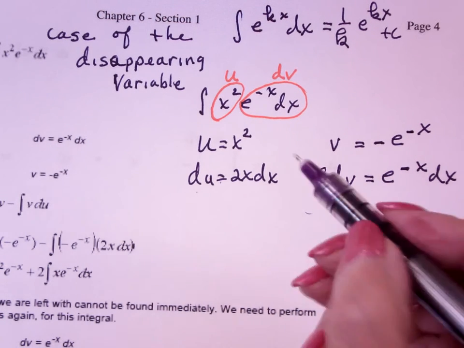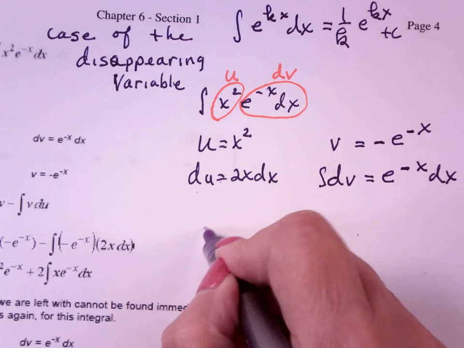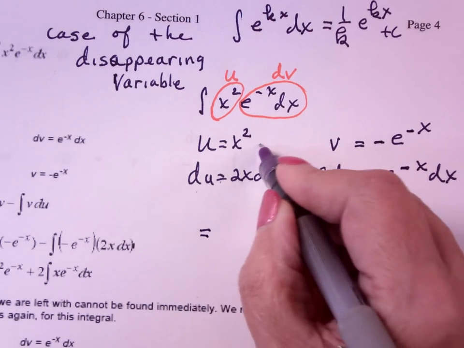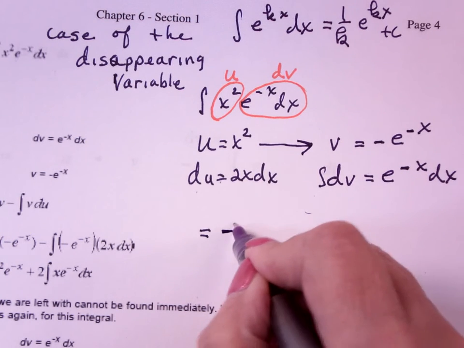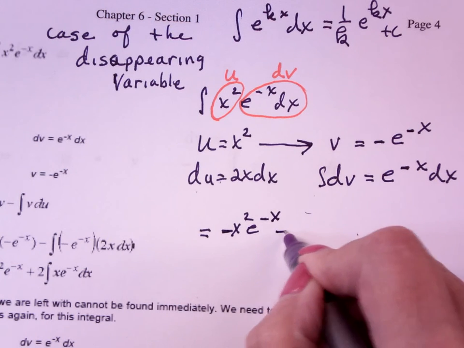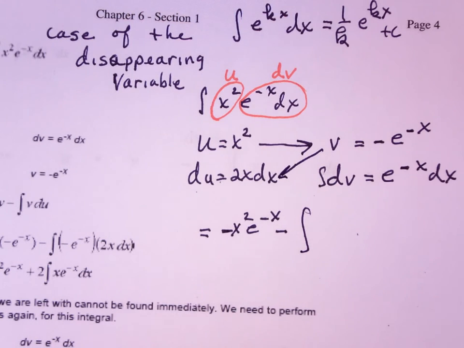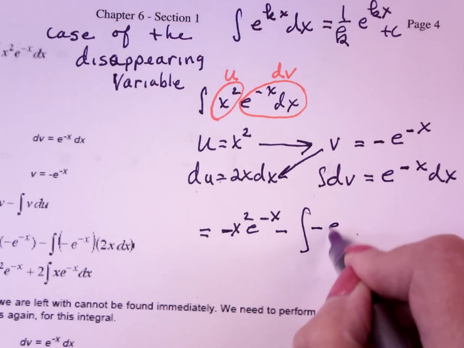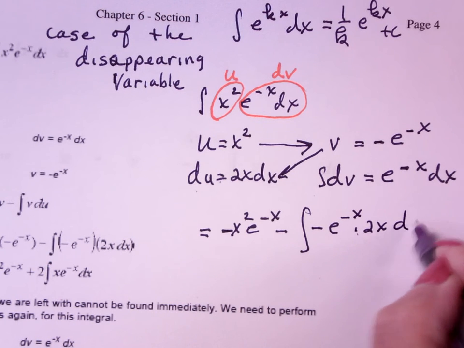So now, what is it? Well, that integral is u times v, so I multiply across, minus x squared e to the minus x, minus the integral of, so I'm going to parts it, minus e to the minus x times 2x dx,